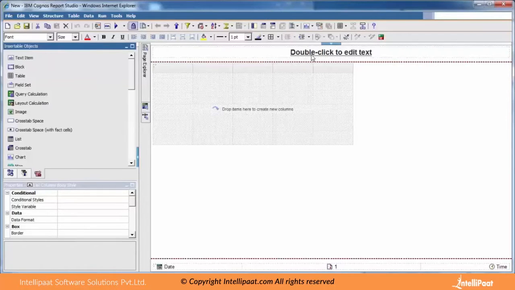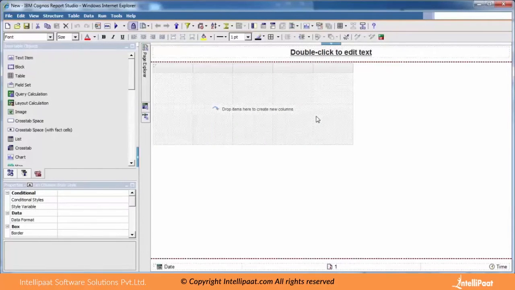Whenever you get a new window, that is called a report studio layout. In this layout, this is a new window, a new layout we have just opened. Something was already created here. This is called text. How can I see what the items are?